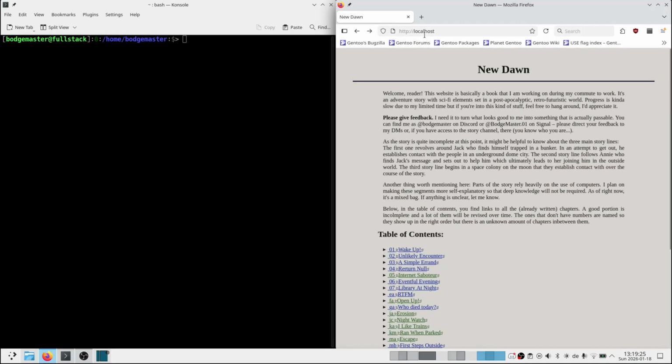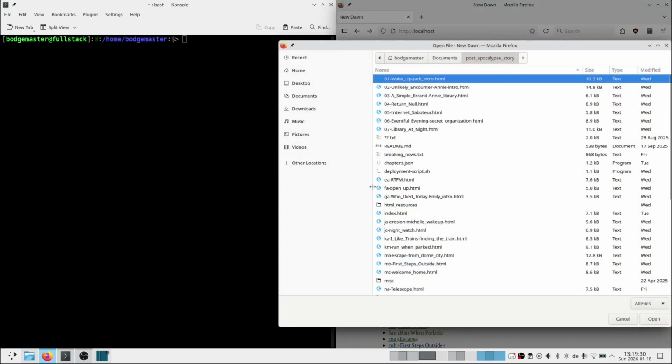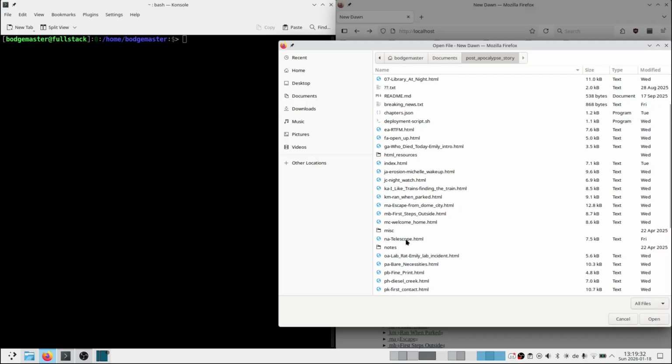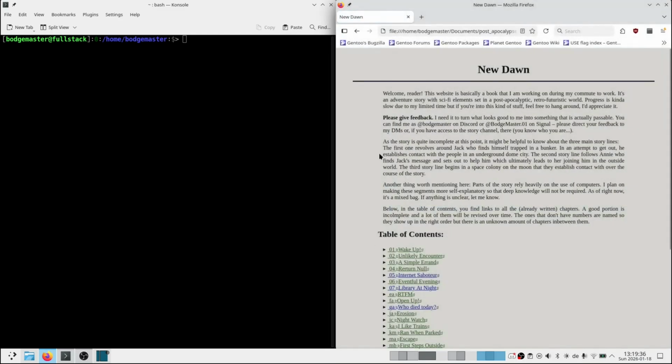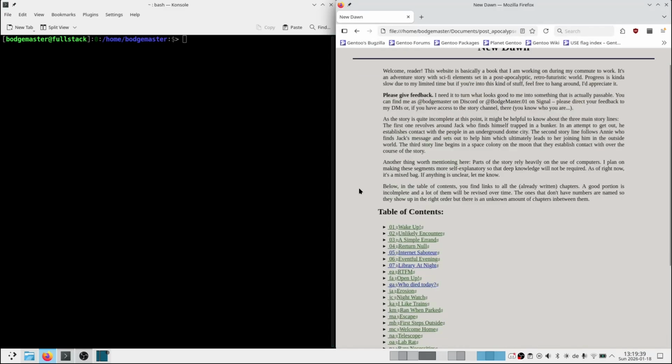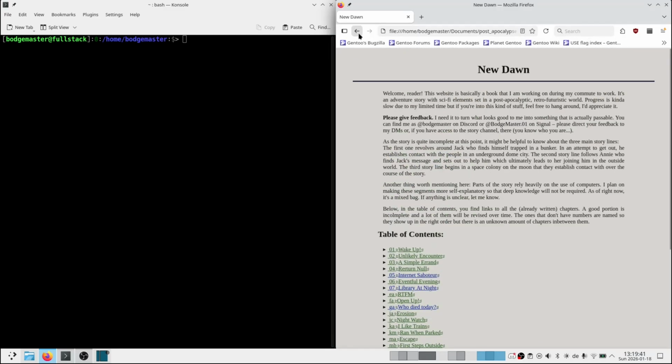Right. I could also just open the file. Like, I could just do this. Where is index.html? This one. Works just fine. Anyway,